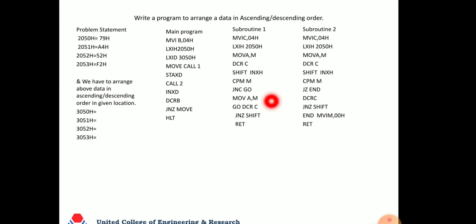So after executing subroutine 1, basically it is the program which we have discussed in lecture number 9, find the largest number in a given data string. It is a copied program. So after the end of this program,